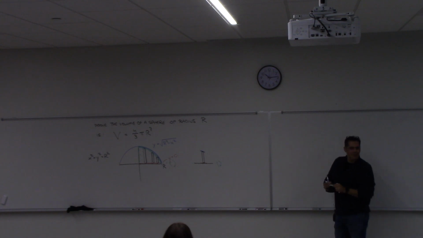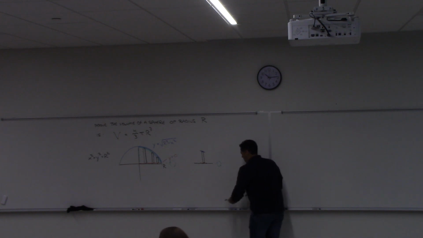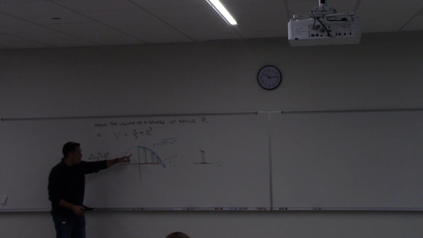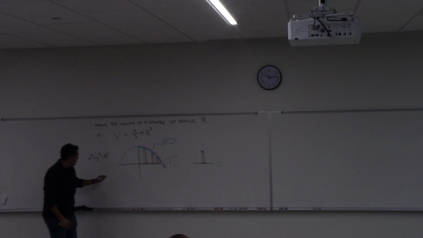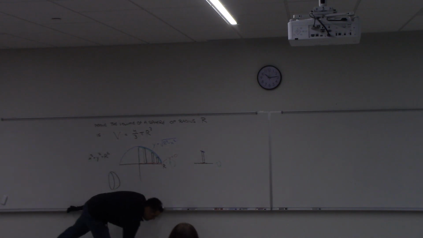Is that too much? Do you all understand that? I didn't draw it, but I'll draw it over here. I'm hoping that everyone sees that if I wrap that whole region around, I get like that, right? Like the half of it. And then I'll just double this answer. So